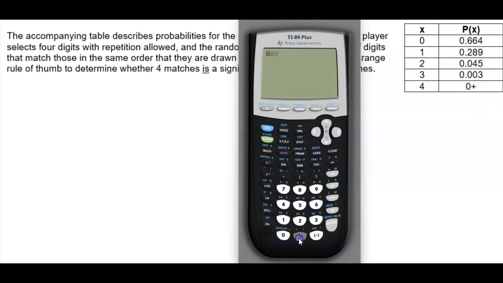So you're going to have 0.664 plus 0.289 plus 0.045 plus 0.003, and then technically you're adding 0 there, right? So that gives you 1.001, which does mean that for rounding errors, we can definitely say that this is a